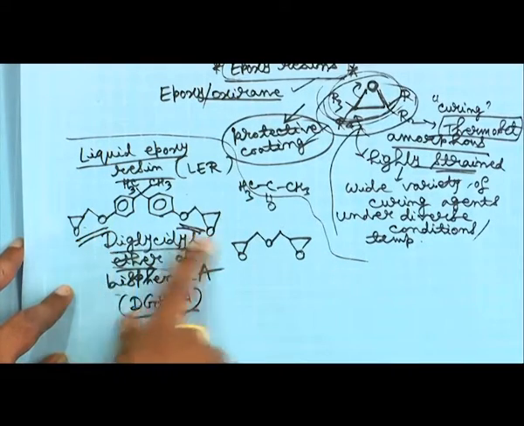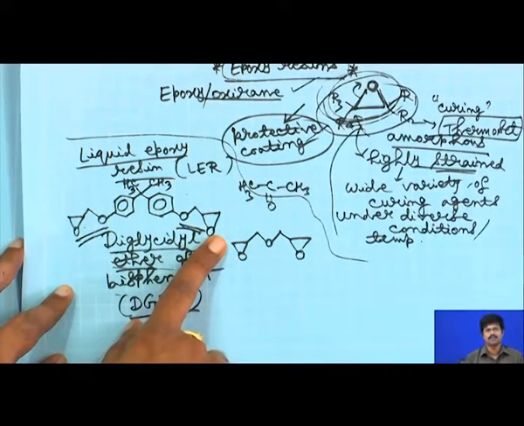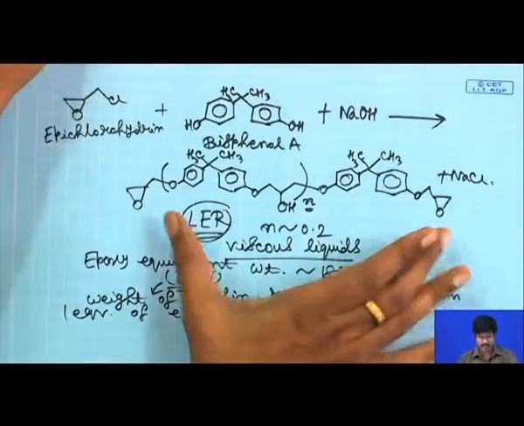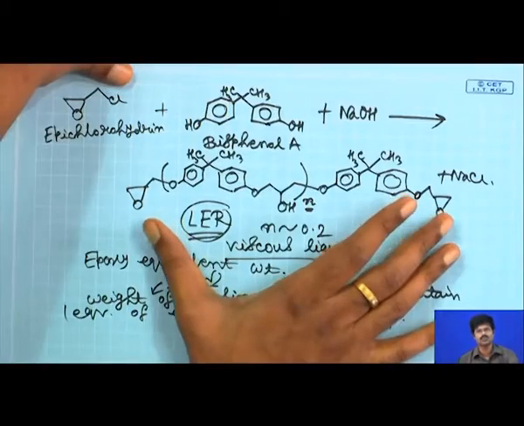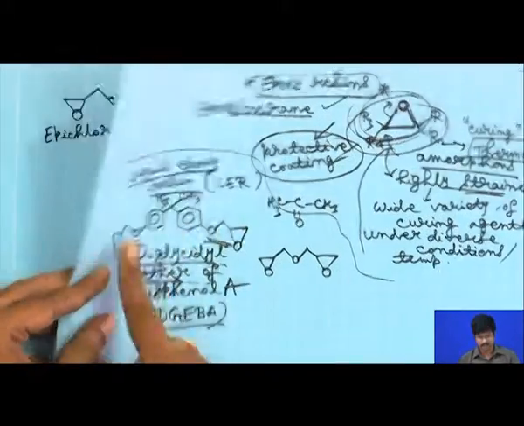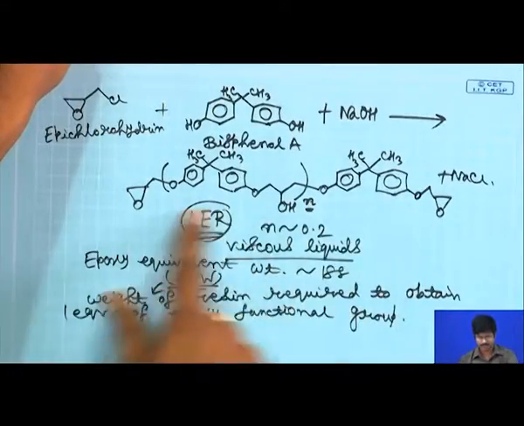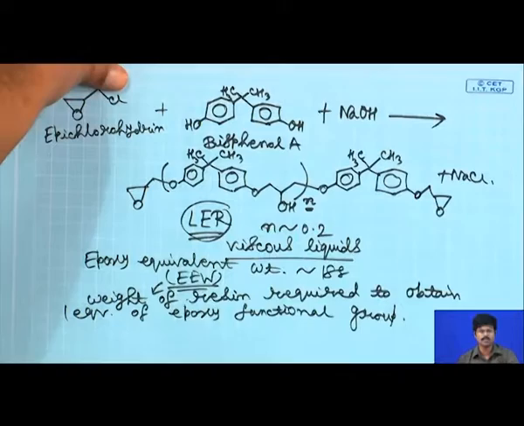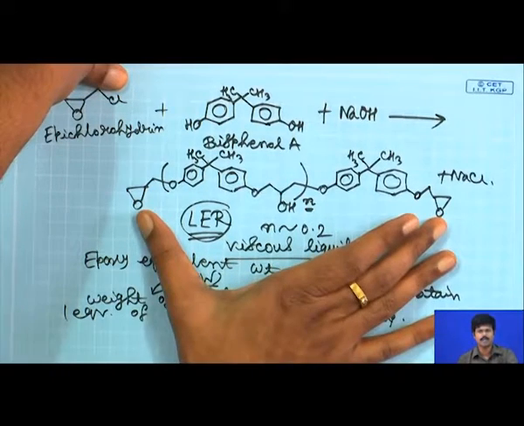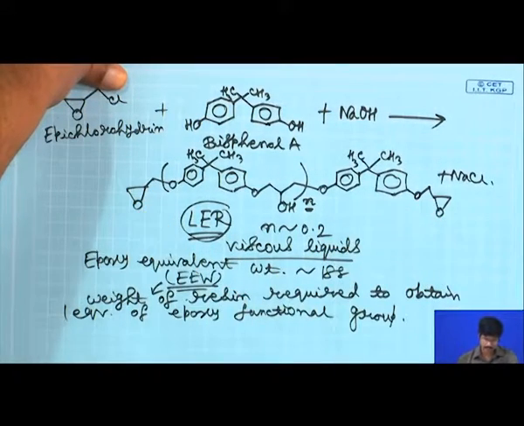All right. So, let us say, if you see for example diglycidyl ether, one molecule has 2 epoxy units. If you look at this molecule, let us say the n value is very high, still this one molecule has 2 epoxy units. But if you compare with this, of course this molecular weight is lower than this molecular weight. So, which of these two molecules will have higher epoxy equivalent weight? This molecule will have higher epoxy equivalent weight, because this is the weight of resin required to obtain one equivalent